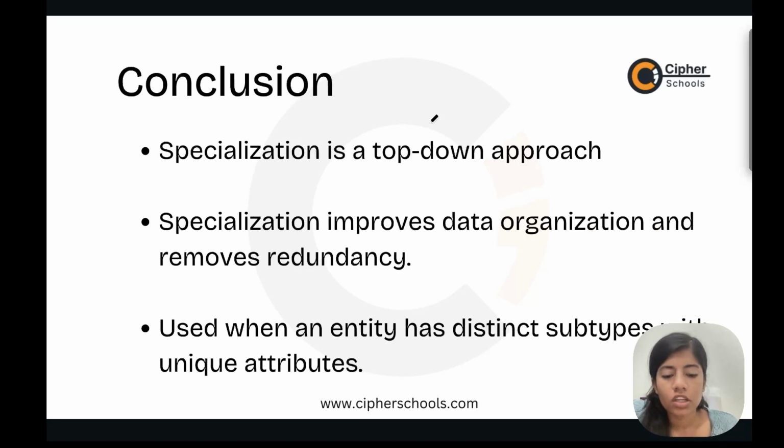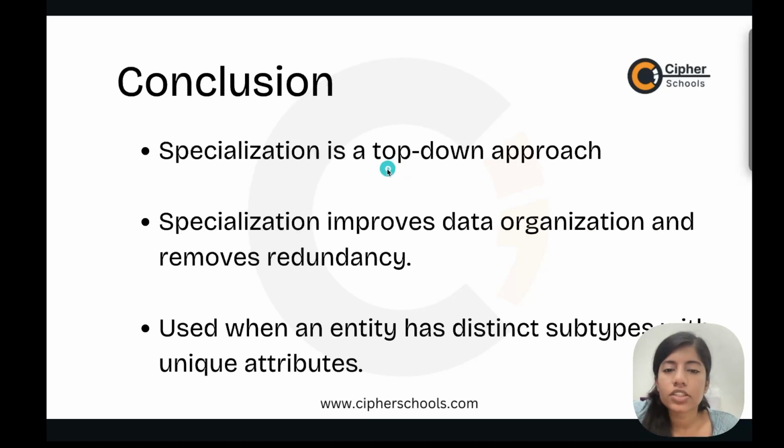Now we stored name, roll number, class, and then salary, role, and all these things inside the general entity, which was a person. The structure looked very messy, and it had a lot of redundancy and was not at all space optimized. So we came up with a solution: we decided to break the general entity of person into different sub entities, a student and an employee. The person has the common attribute, which is name, and the student and employee have their own relevant attributes: salary and role for employee, and roll number and grade for student.